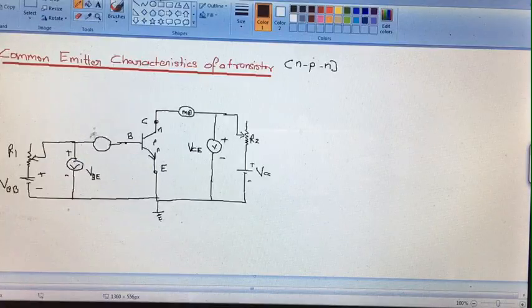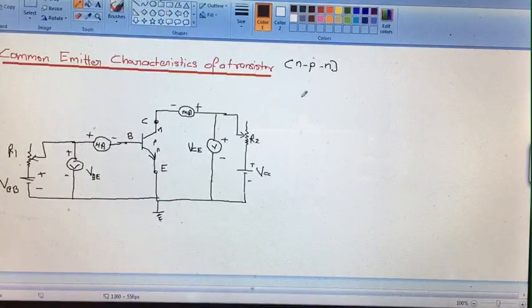Here the ammeter connected to the base will be a microammeter, because the base current is too low, so we will connect a microammeter, and its positive terminal is connected with the positive of the battery and negative in this manner, and same here, this is connected with the positive, so that's why it is the positive terminal of the ammeter, and this is the negative terminal of the ammeter. Now